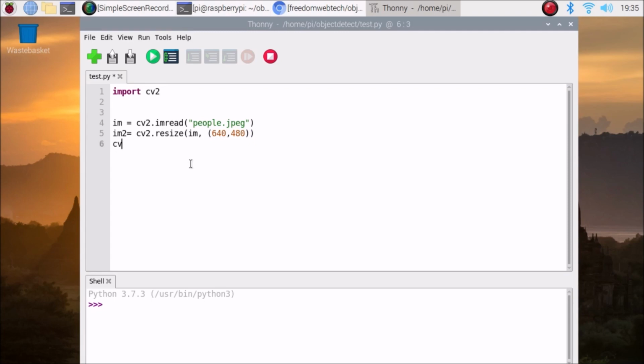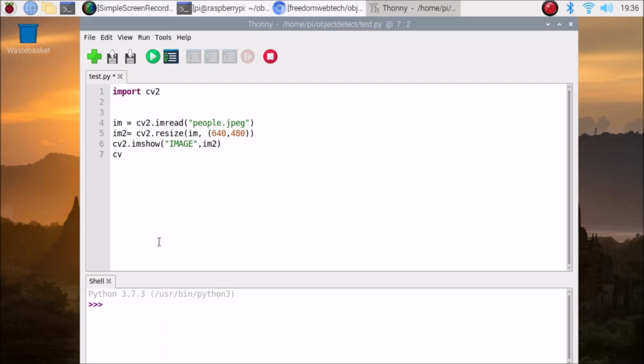Okay, so now we are going to show the image on our display because we already read it. cv2.imshow for showing the image, and mention the frame name, image, and im2, that's it.